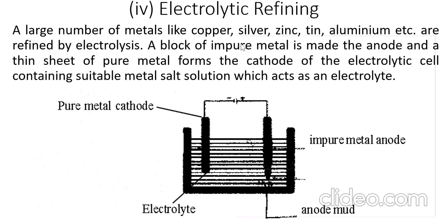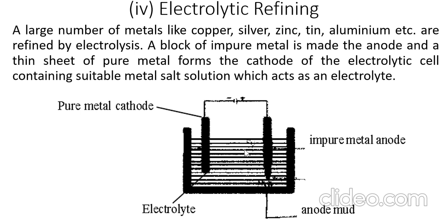Then we have electrolytic refining. In this case, a large number of metals like copper, zinc, and silver can be refined by electrolysis. It is one of the best ways, the purest form, to get pure metal. So a block of the impure metal is made the anode, and you get a thin sheet of the pure metal as the cathode,